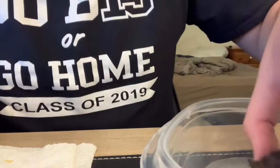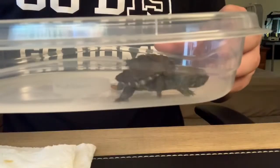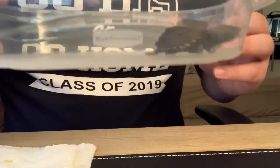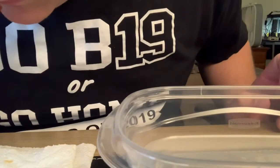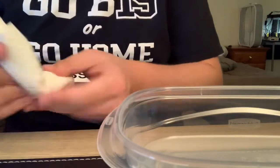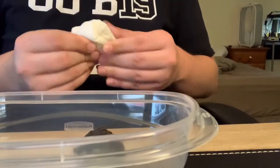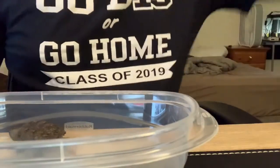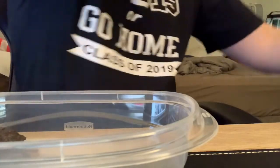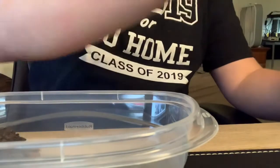So that's good. So then you can pretty much just let your turtle sit right there in the little bin, Tupperware container like this. Let them crawl around. Man, that stuff really stinks. So then after that, you're gonna want to let the medicine dry for about a couple minutes. And the reasoning for that is because you want that medicine to soak into whatever wound you're trying to heal. And yeah, so we're gonna let this sit for a couple minutes, and I will be back